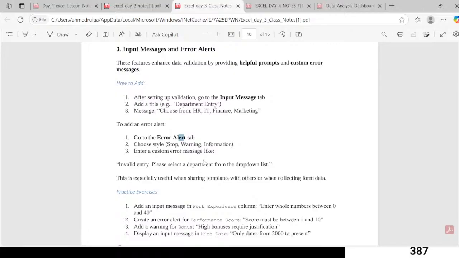Then there should be a message like maybe "Invalid entry. Please select departments from the drop-down list." So you can put that message that guides the person. Okay, let's do it practically. Let me show you how it is. So when you go back to your Excel,